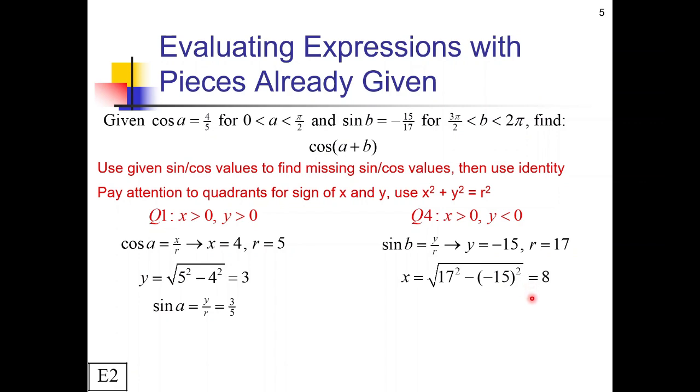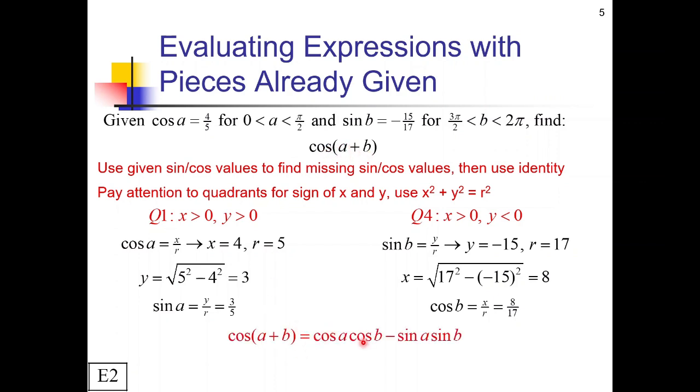Or you might remember from back in geometry the 8, 15, 17 right triangle. That would also be helpful. This here was a 3, 4, 5 triangle, so here's a place where those might be pretty useful. In any case, we know that cosine of b is going to be x over r, so that's going to be 8 over 17. Putting it all together now, we know that the cosine of a sum in general is